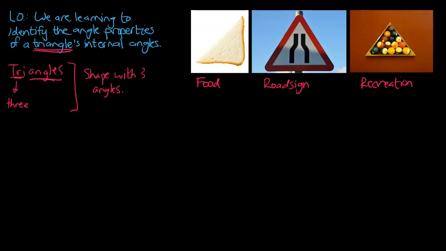And the cool thing about triangles is they've got some really, really interesting angle properties. We're going to start off with the basics today, and that's focusing on the internal angles of each triangle. So I'm going to draw a bit of an example. But the internals, they would be these 3 angles here. There we go. We've got 3